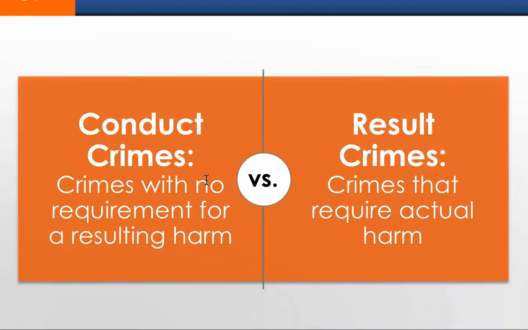So conduct and result. What do we mean by that? A conduct crime is a crime with no requirement for a resulting harm, while a result crime is a crime that actually requires actual harm. So when we are thinking about a conduct crime, what is a conduct crime that comes to mind that doesn't have to harm someone? It's just if you do it, it's a criminal offense. So think about that. What is one that you can come up with in your head? If you look at the book,